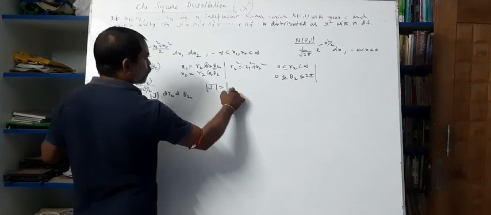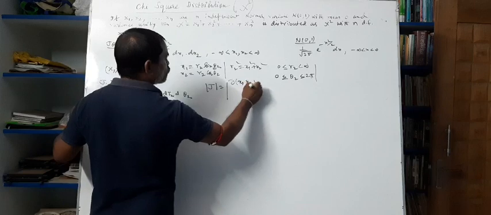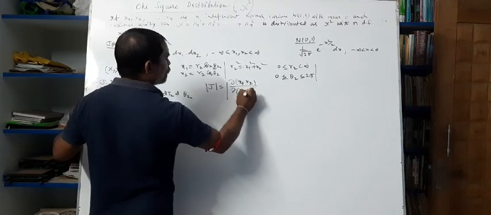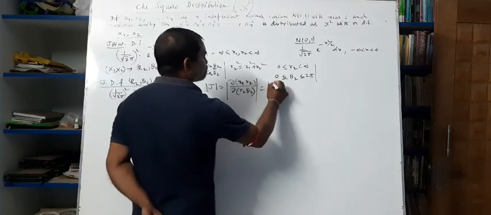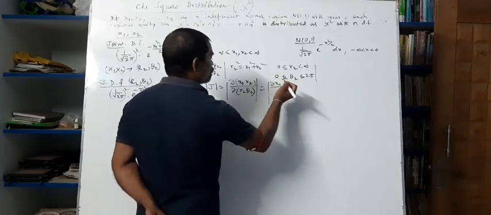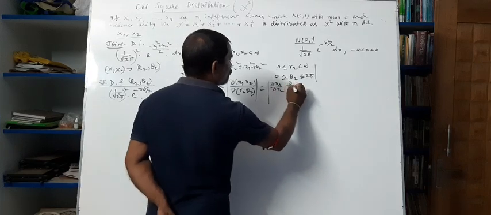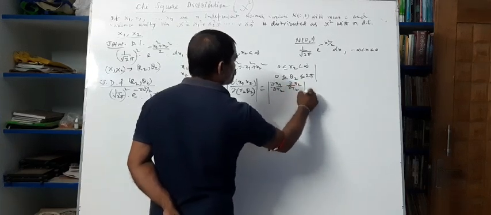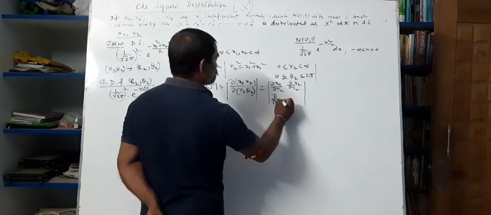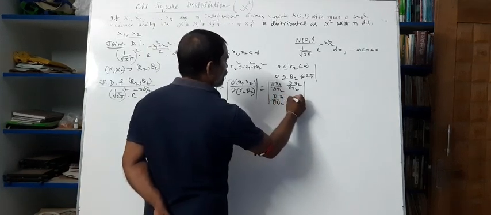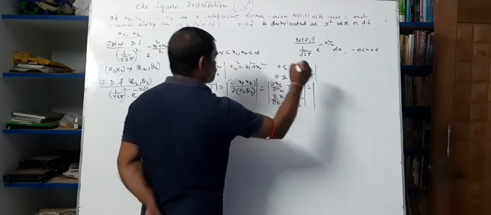The Jacobian equal to del of (x1, x2) by del of (r2, theta 2), that is equal to the determinant with del r2 of x1 and del r2 of x2, del theta 2 of x1 and del theta 2 of x2, that is equal to,